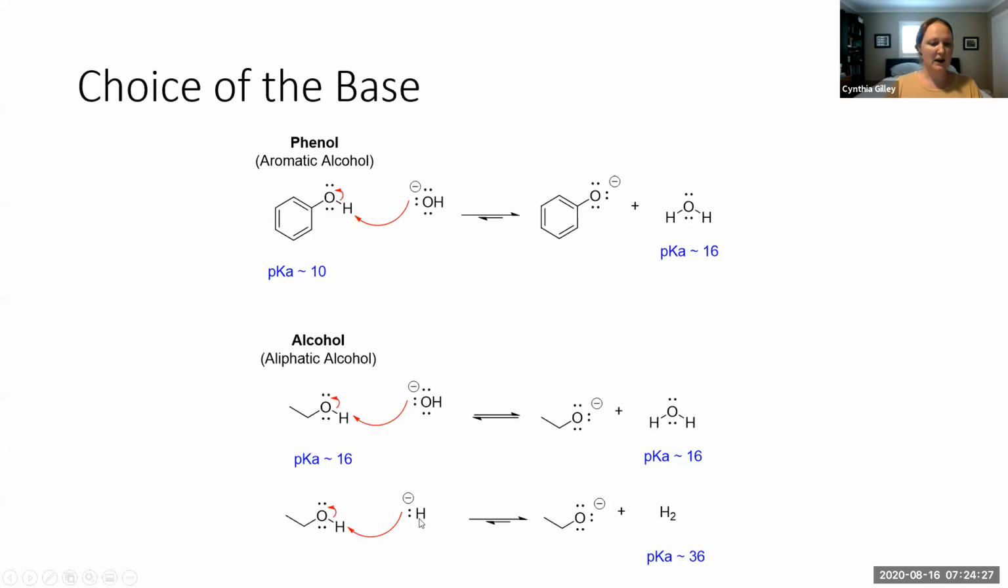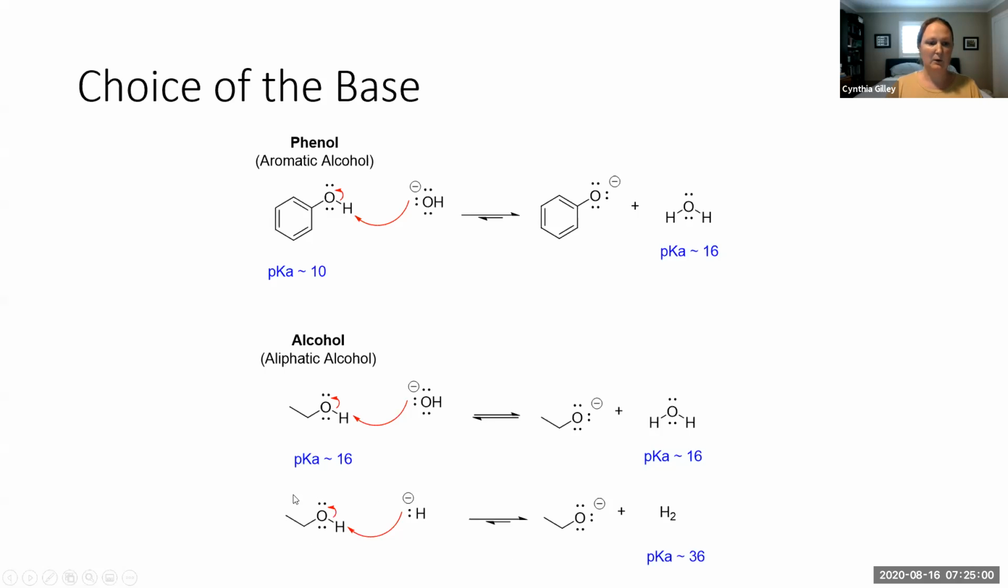So sodium hydride, we can see on the bottom here, would also deprotonate the aliphatic alcohol, forming an alkoxide. And in this case now, the pKa of the acid is 16 and the conjugate acid is 36. So this is not much of an equilibrium at all. The reaction will essentially go to completion, and in addition, if we allow the hydrogen gas to bubble out of solution, that will form a driving force to form more products. So sodium hydride is a great choice for base if you were using an